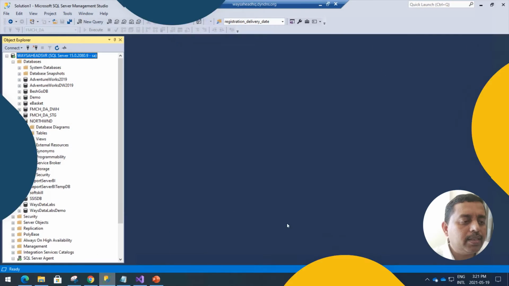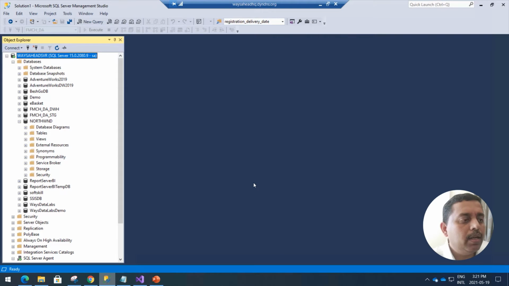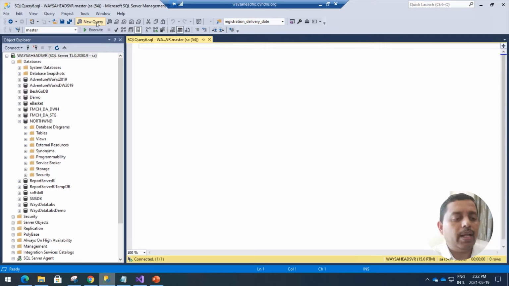Now this is my remote server. This remote server has got Microsoft SQL Server, and we have a management studio also over here. Typically SQL Server SSMS, what we call SQL Server Management Studio, looks something like this. When you open a new query, it will look something like this, a blank query. On the left hand side is the Object Explorer and on the right hand side the query window.